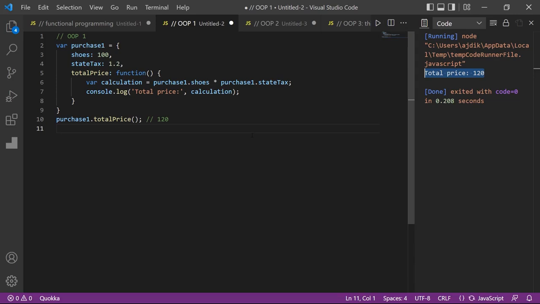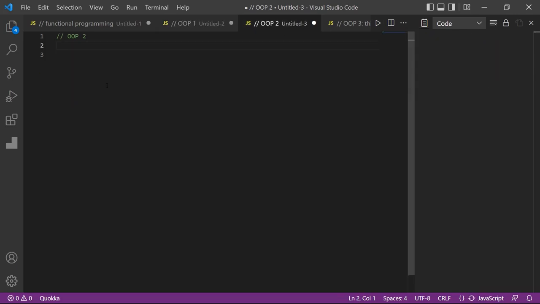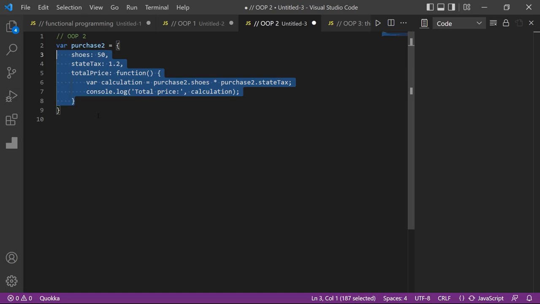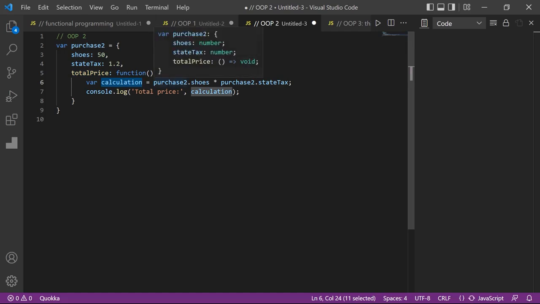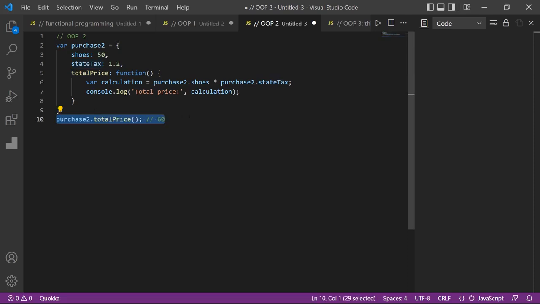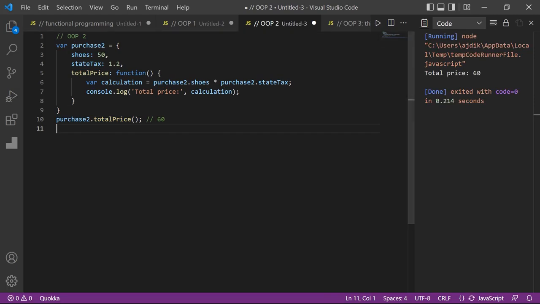On another file, I'll build another OOP example. This one starts with the variable purchase2, which has the same structure as purchase1. However, the shoes value is changed to 50. In the totalPrice function, the calculation variable is updated to access the shoes and stateTax properties from purchase2. When I invoke the totalPrice method on the purchase2 object and run the code, it returns a value of